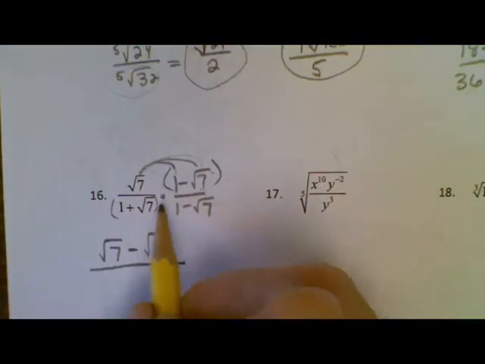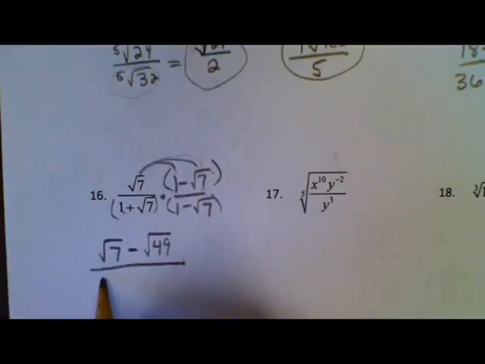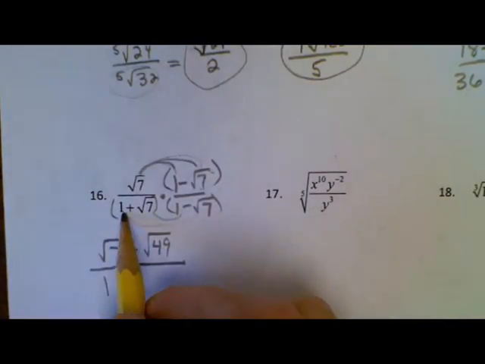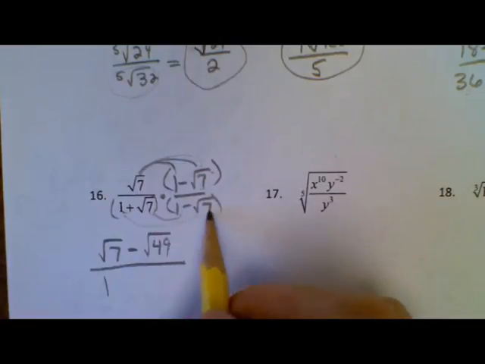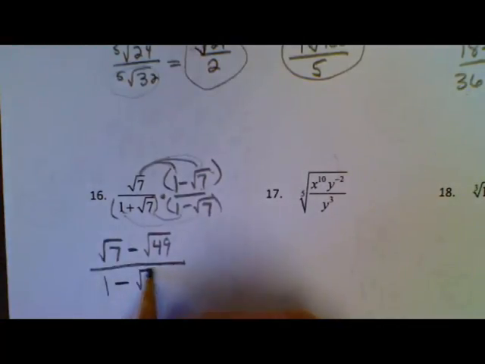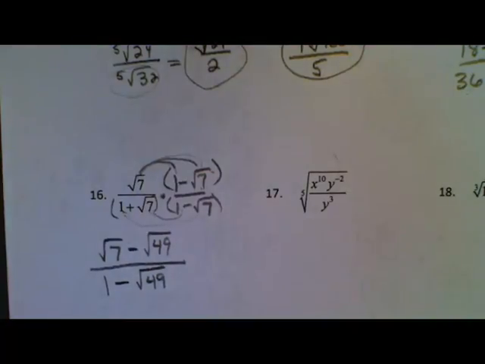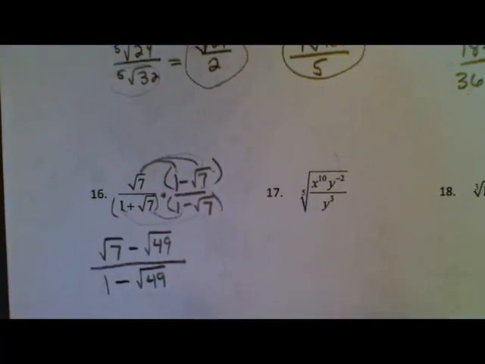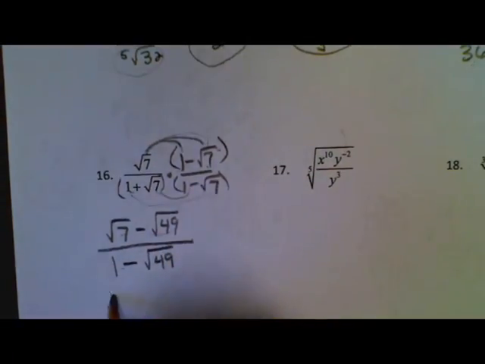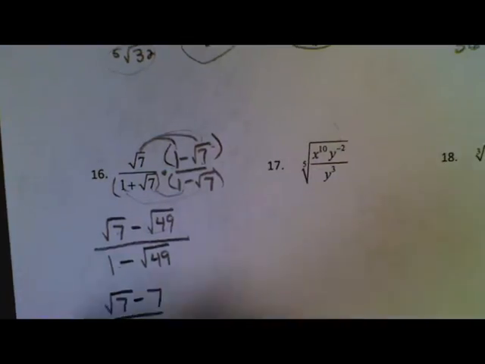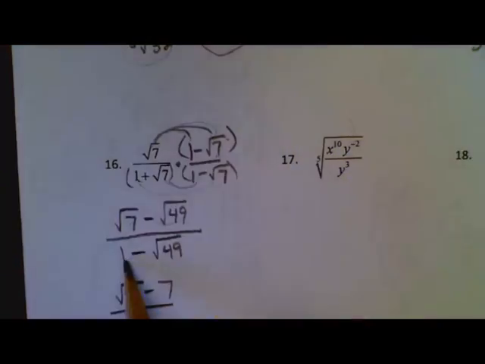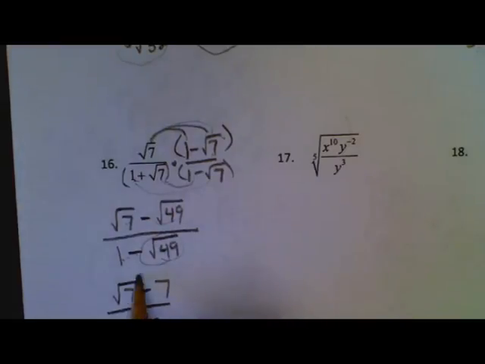All right, in the denominator, we have to FOIL. 1 times 1, inner and outer product will always cancel out, and then I have to take positive 7 times a negative square root of 7. Again, that's a negative and square root of 49. Now, these do not cancel because there's 2 terms up here and 2 down here. So all I can do is simplify the square roots. Square root of 7 minus 7, and 1 minus 7, I guess I could do that here. So if I take 1 minus 7, because again that simplifies to 7, I get negative 6. And that's my